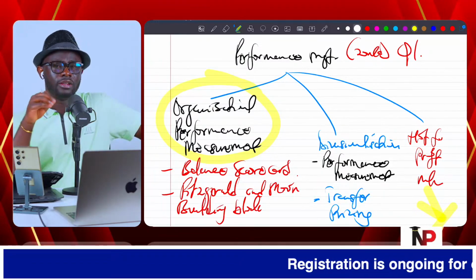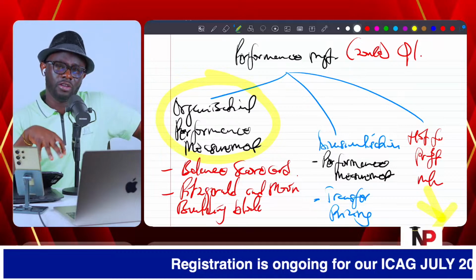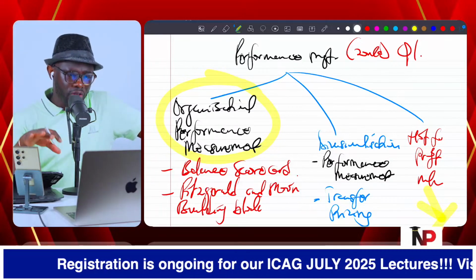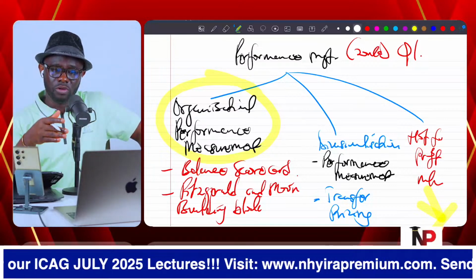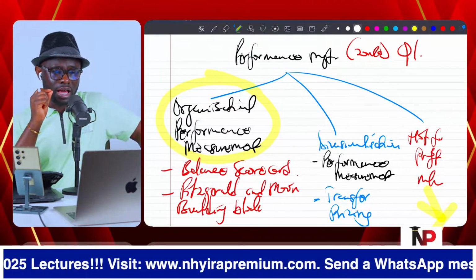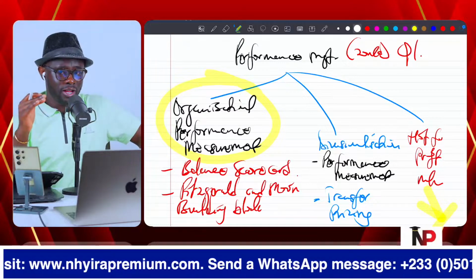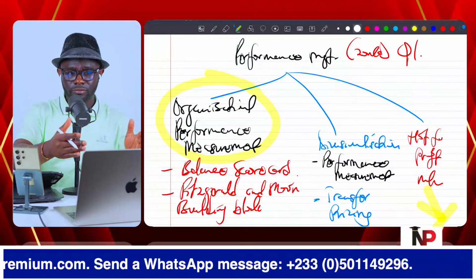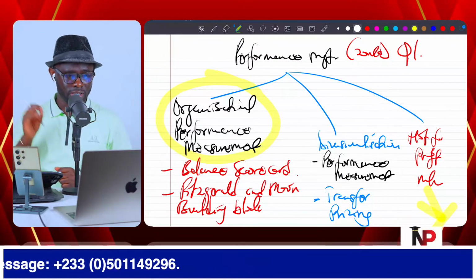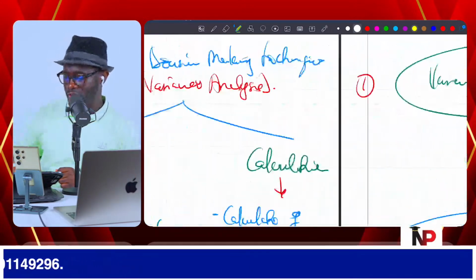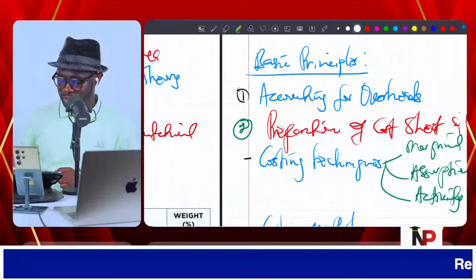Please note, there is a lot of material here. A lot of theories to go through, because balance scorecard, Fitzgerald and Moon building block, concept of divisionalization, and calculations here. So we have a lot of theories as well as calculations here when it comes to performance measurement. And that is question 1 for us coming in the exam hall for 20 marks.